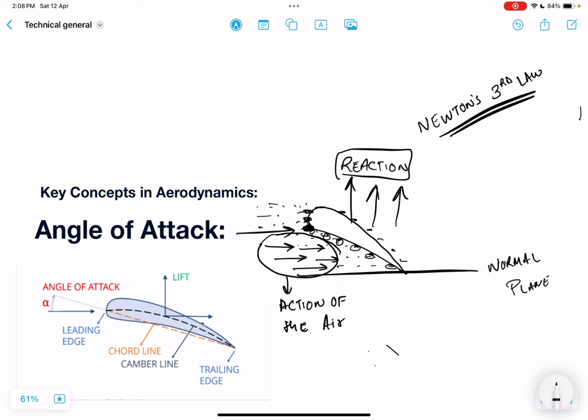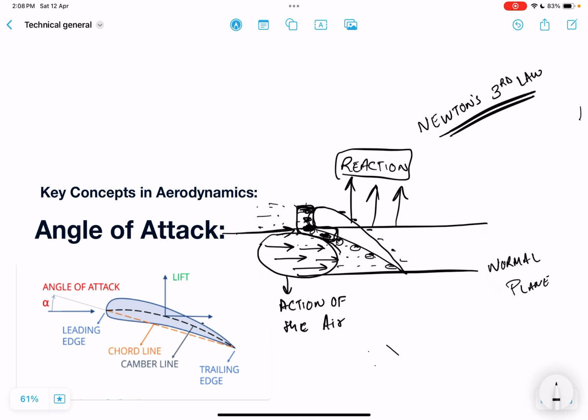Now this area where it all starts, it can be this, it can be this, it can be this, or it might be this. It depends on situation to situation. Now this section is the starting area where the air is hitting and it's creating a differential pressure, that is known as angle of attack. Because if you keep this normal plane at this section,